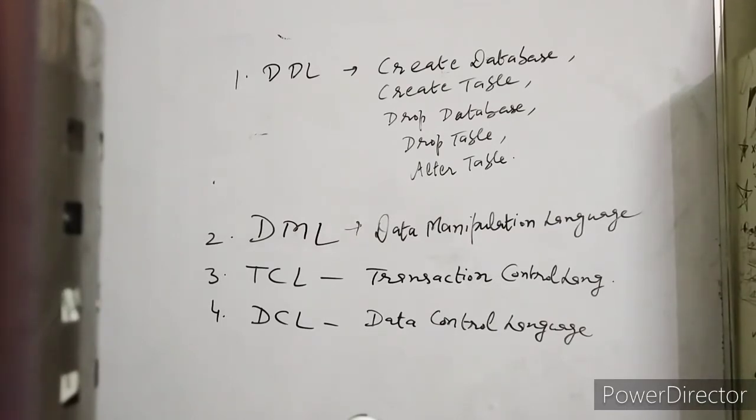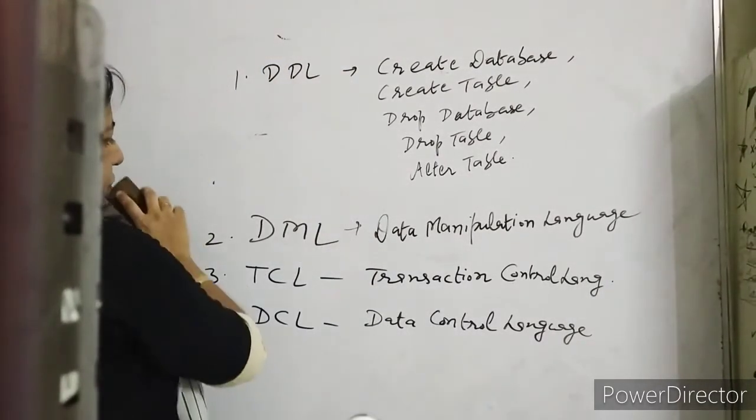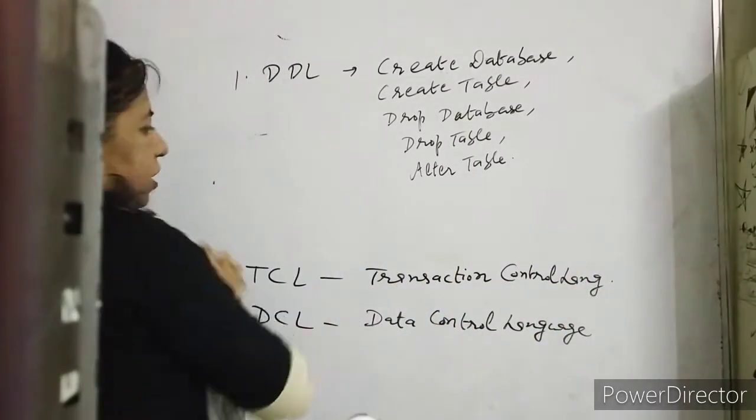DML commands work on records stored inside the table. Examples are